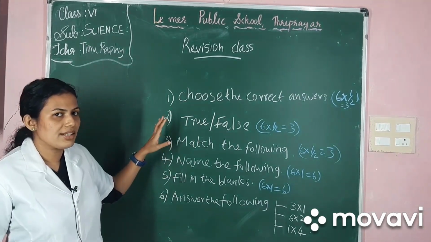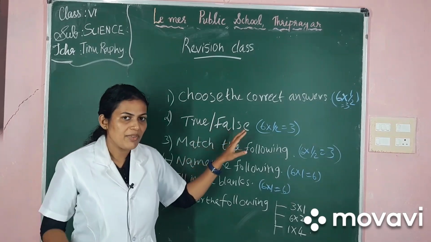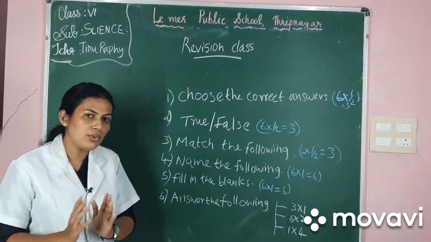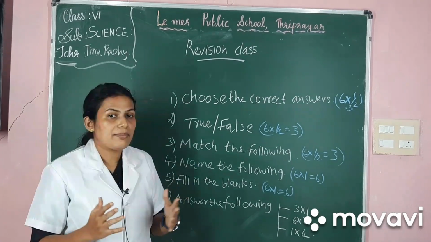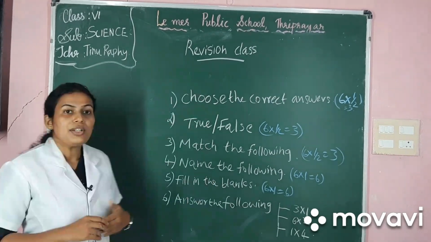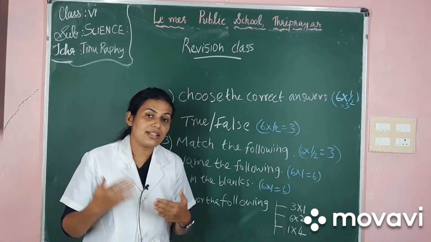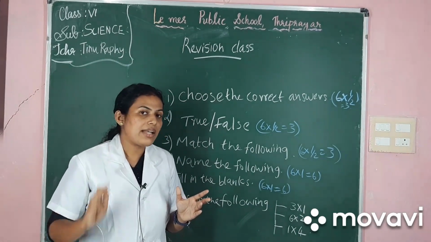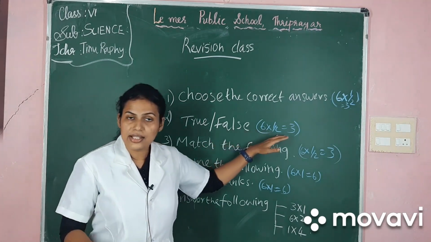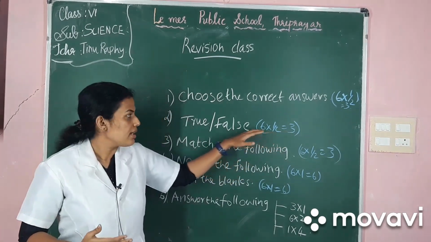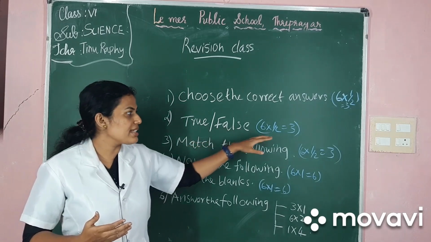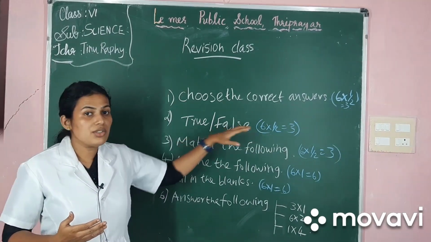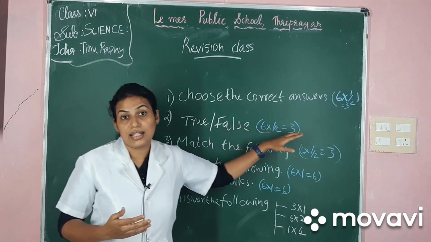Now the second category of questions is true or false. A statement will be given to you and you have to state whether the statement is true or false. You need to read the statement and just write whether it is true or false in your answer sheet. There are 6 statements which belong to this category and it carries half mark each. In total, the true or false category contains 3 marks.